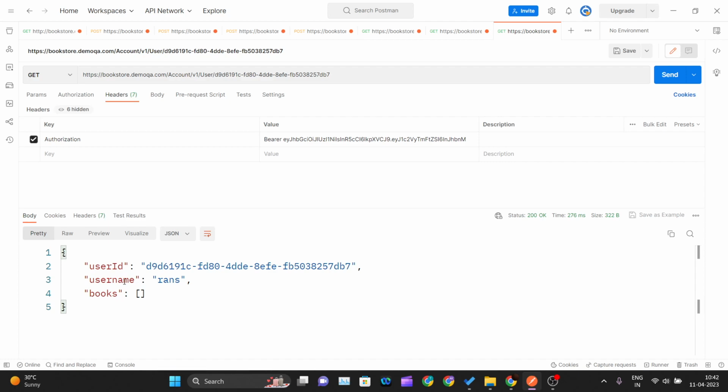Okay, you can see as soon as I give the authorization token for that user, I can easily fetch the entire details of that user. So it contains the user ID, username, and any book that we have assigned to that user. Since this is a new user, I haven't assigned any books to that user. So the books array is empty. It doesn't contain any ISBN JSON object inside that. Okay. So now this is one way by which you can pass the path parameters to the URL,